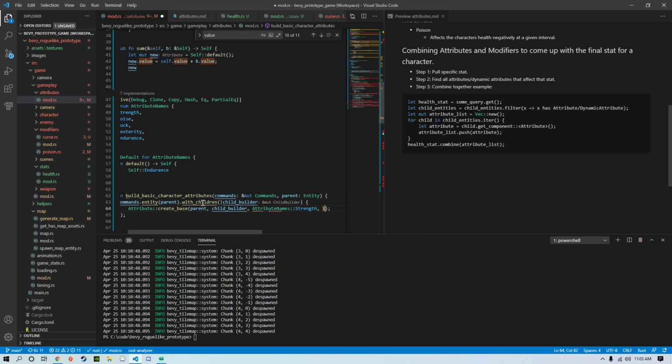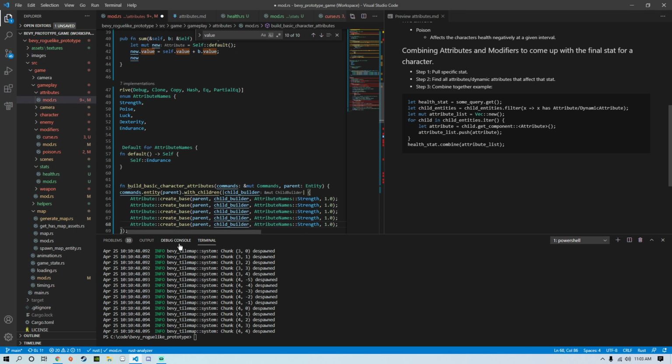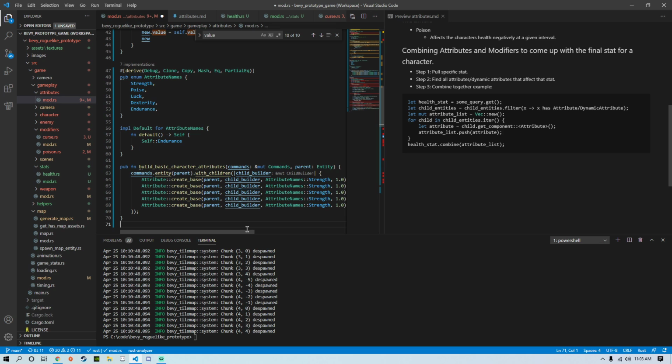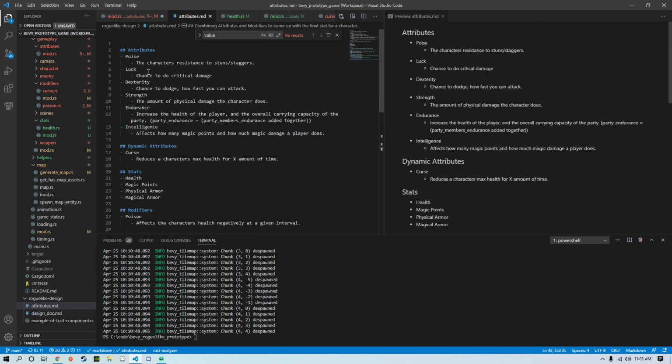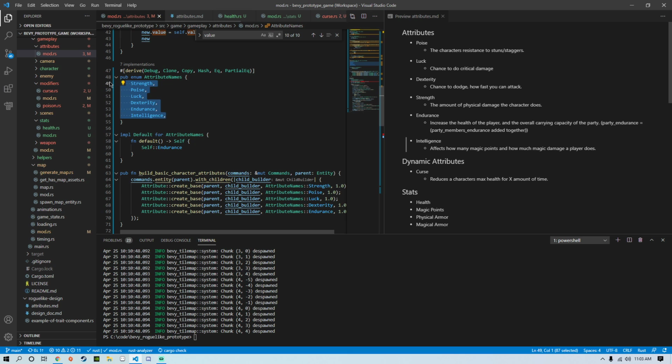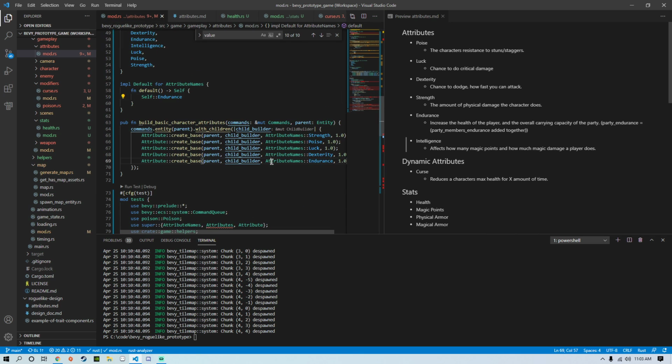Strength value 1.0 for now. Wonder if we could loop this. Nah, it's fine. Just hard code it. Were these all the things that we sort of came up with? Poise, luck, dexterity, strength, endurance, intelligence. Okay. Strength, poise, luck, strength, endurance. We need